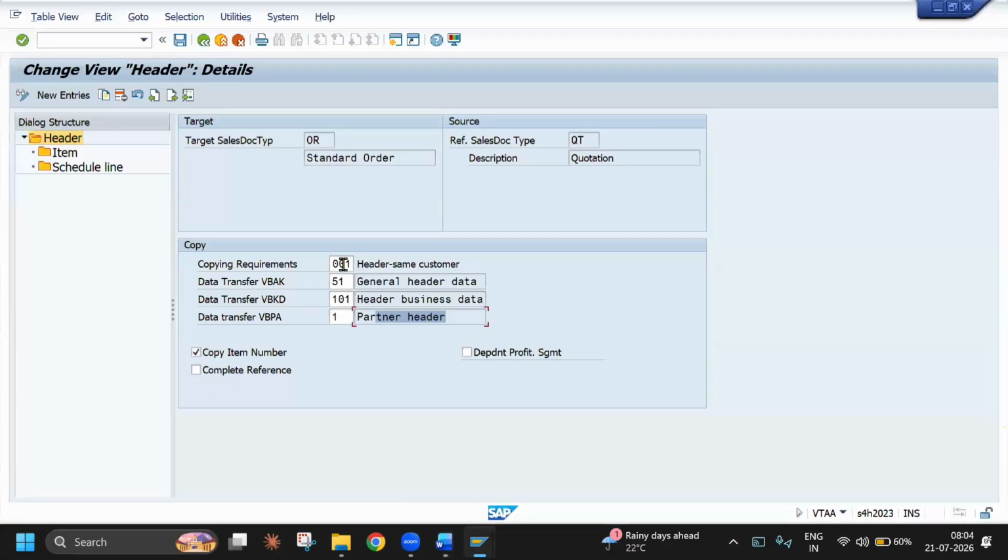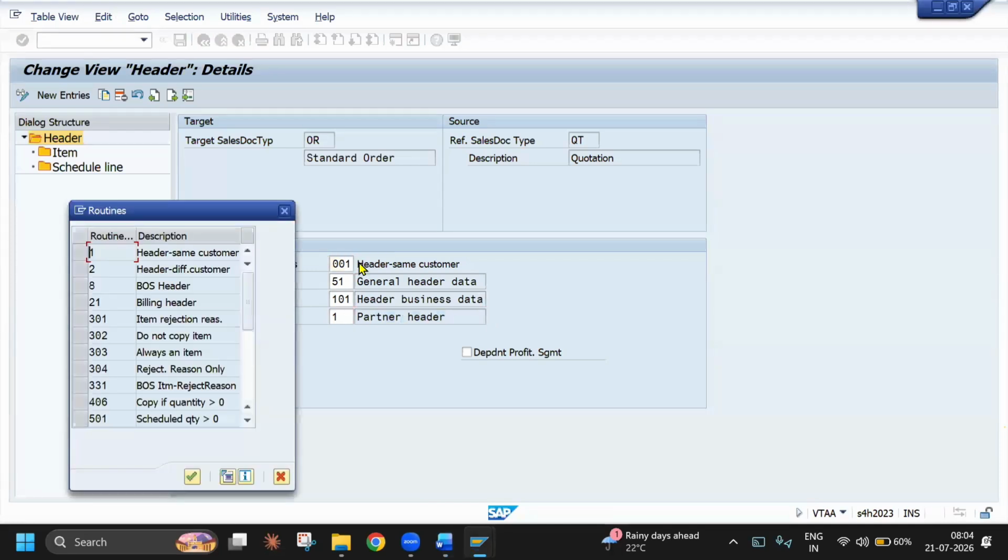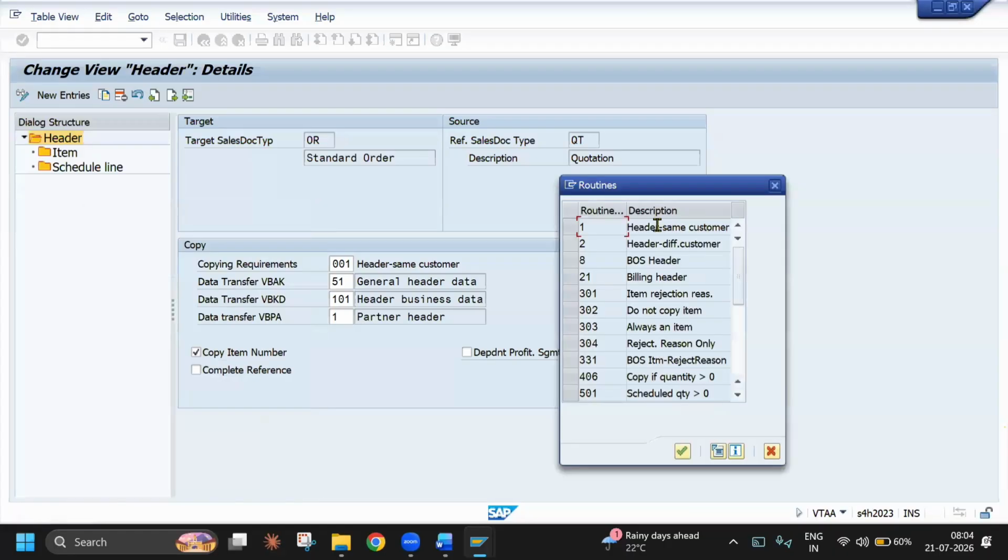See, first we'll go with the copy requirement. So what does it mean? Basically it means, see, 01, it means whenever you are creating a sale order with reference